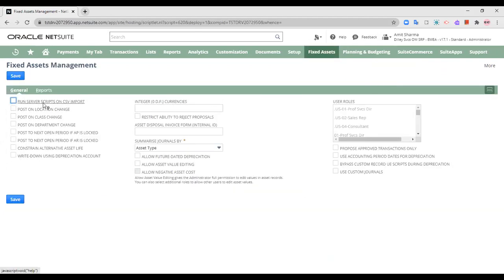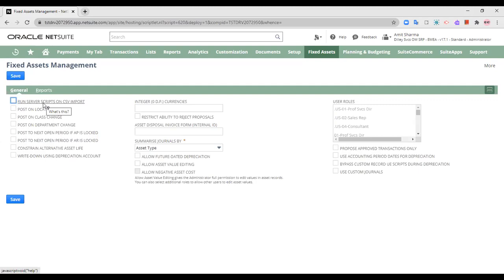We'll have to make sure that this run server scripts on CSV import is not checked, because if this is checked, then the values from the CSV will be overridden with the default values of 0, like the cumulative depreciation, depreciation of the last period, and everything will be overridden by a 0 value. So we do not want that, and hence we are not going to check it, so that the CSV import is exactly successful, exactly in the way that we have actually provided it.